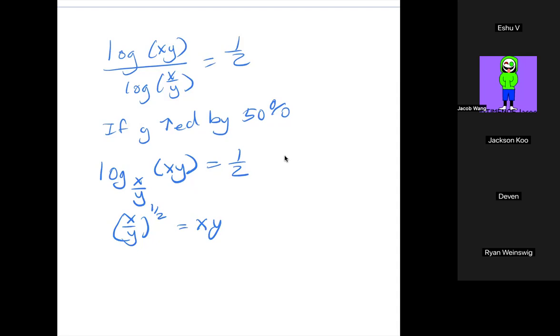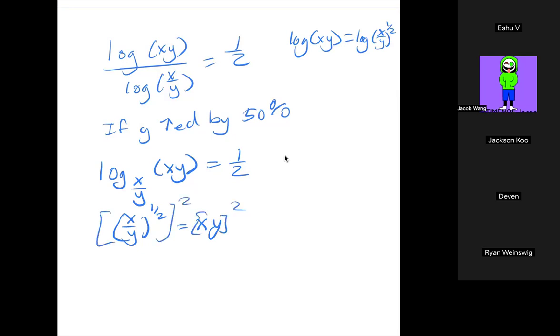Wait, could you also get that just by multiplying across and then putting the 1/2 in the numerator? Yeah, totally. Yes. So you could have gotten this by multiplying across and the half comes up, right? And then the insides would be equal. Yes. And I didn't want to deal with the half, so I squared both sides. So if I square both sides,